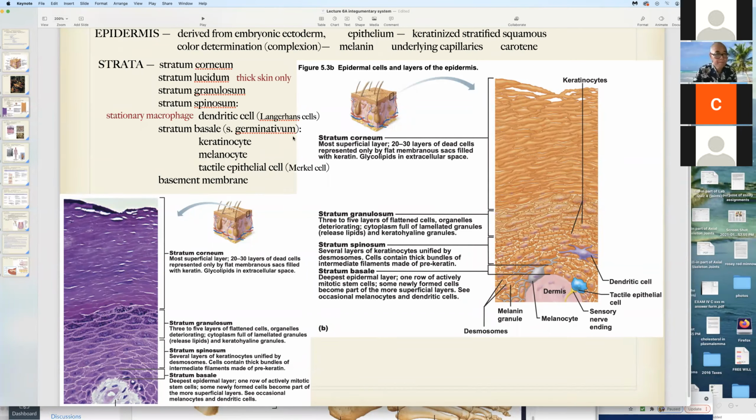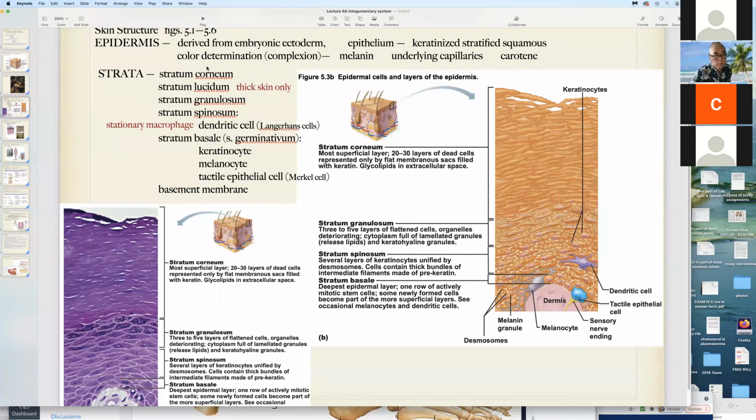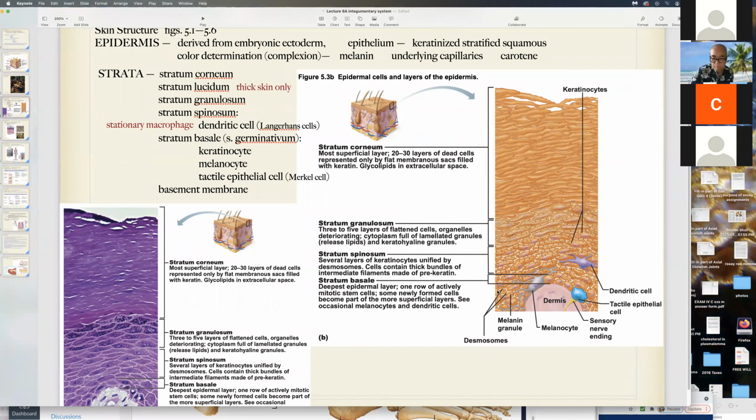Now, about complexion has to do with the genetic structure in you. For people who would have the genes that are going to set these keratinocytes to